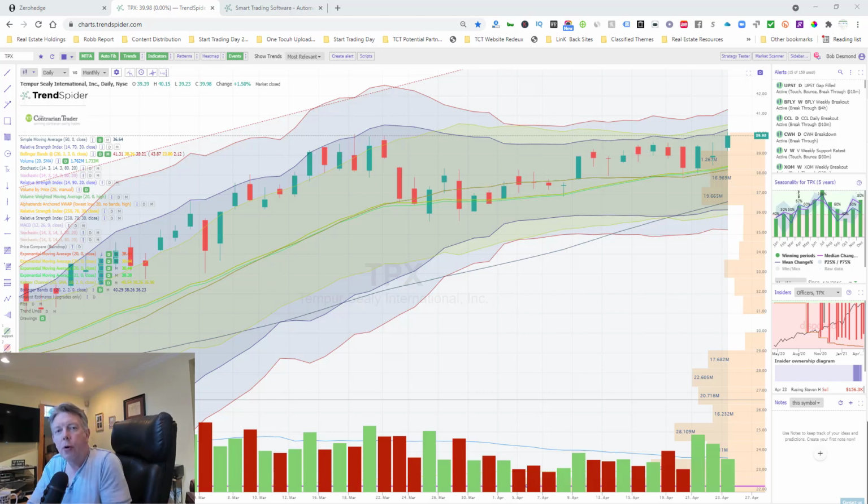Folks, welcome to Best Stock Charts for the coming week. We're going to talk about our week. How was it last week? We'll talk about the symbols that we're watching for this coming week. I'm going to set up my alerts on TrendSpider, and we'll talk about the whys behind why we like these individual